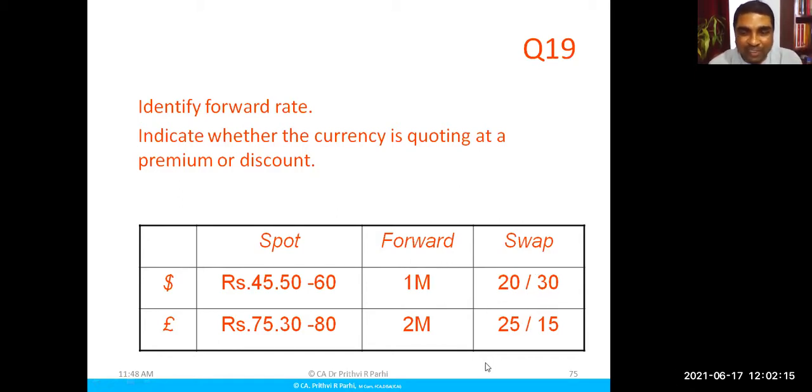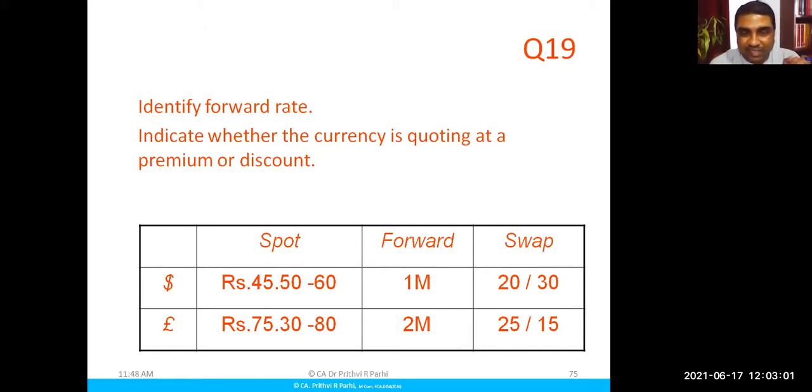What will we do? How can you calculate? Can anyone suggest? The swap rate 20. The column swap, I don't understand. Swap means these are two swap points. When it says 20 by 30, or 20-30, this is the bid swap and this is the ask swap. If it is in ascending order, that means the foreign currency is appreciating, so you have to add. If it is in descending order, you have to deduct.